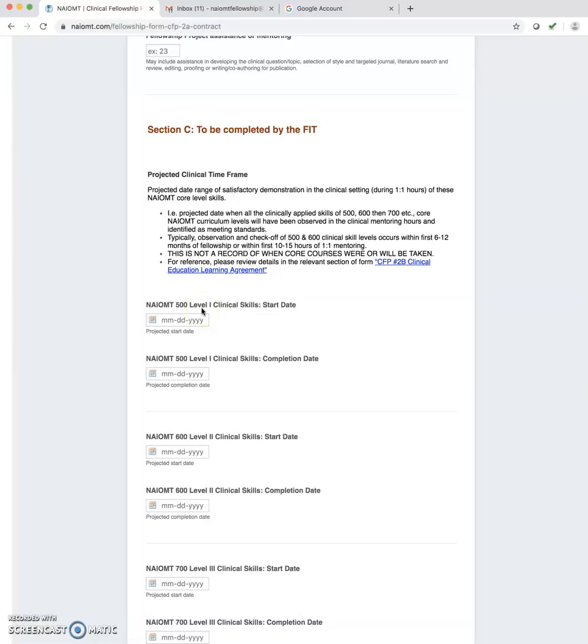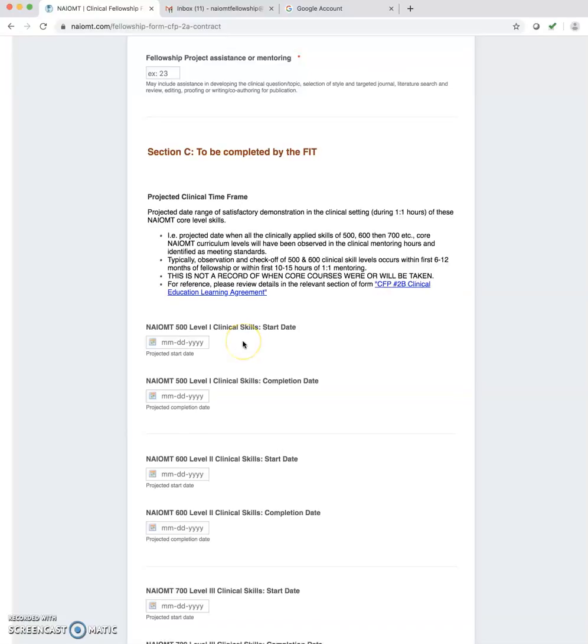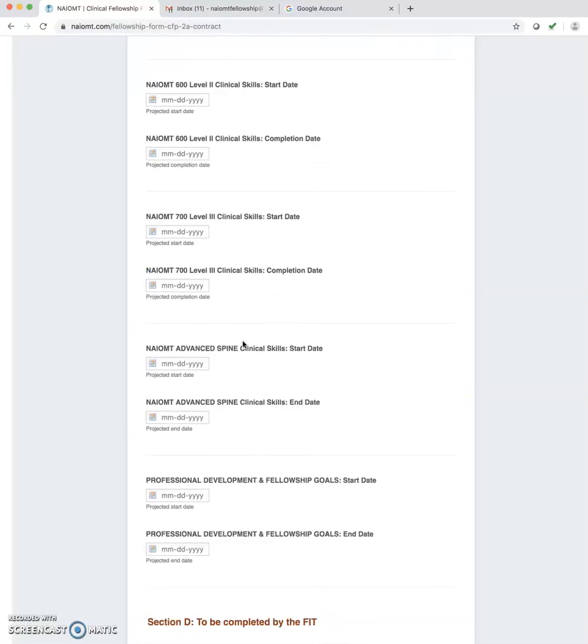This is the projected date range of satisfactory demonstration in the clinical setting during these one-on-one direct in-person hours. If you click on the little calendar, it will bring up a calendar, and you can scroll through and put when you feel like you're going to have 500 level skills completed. Okay, so,